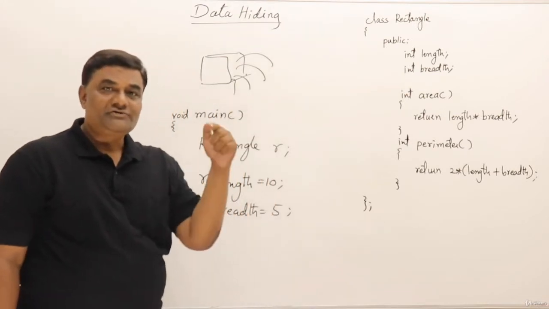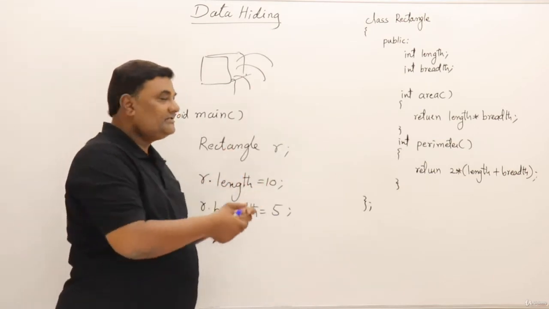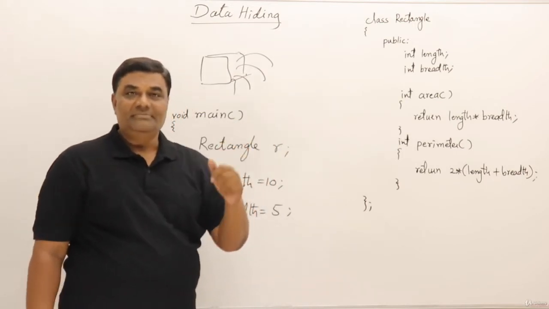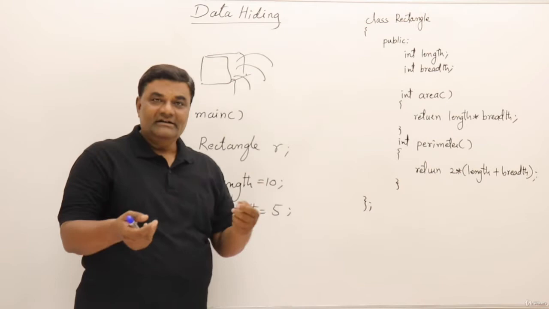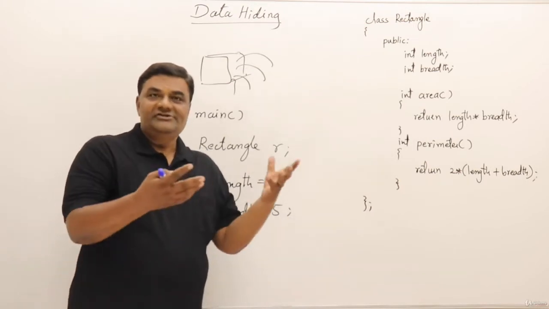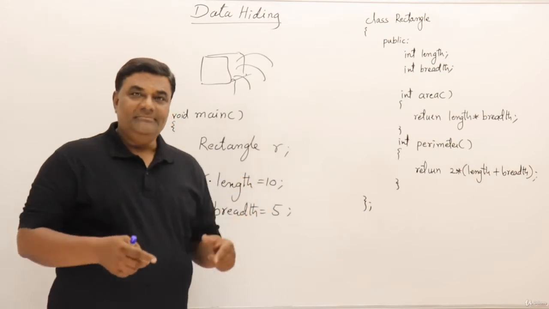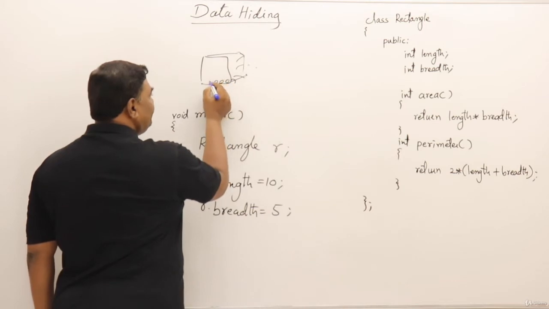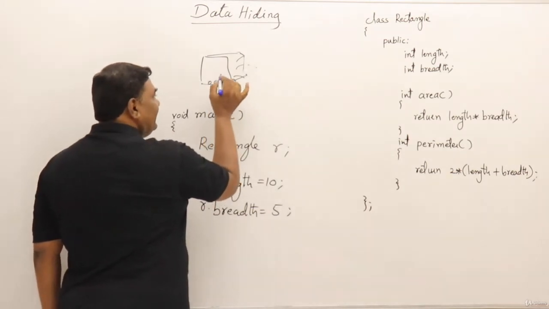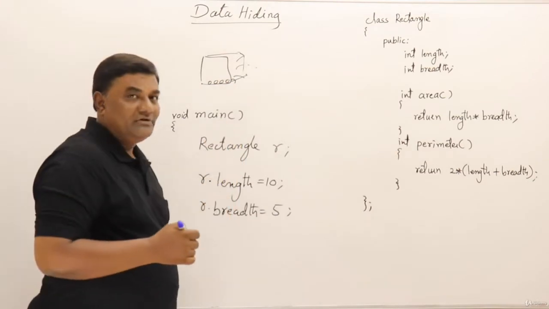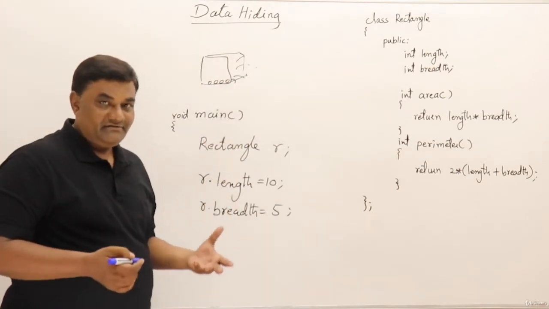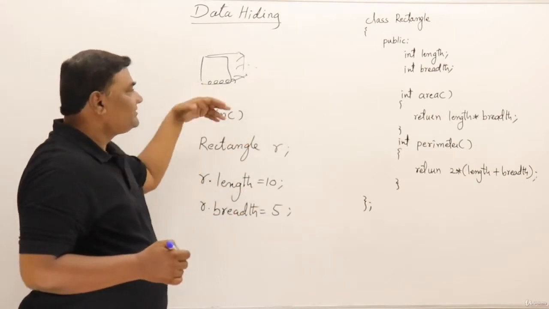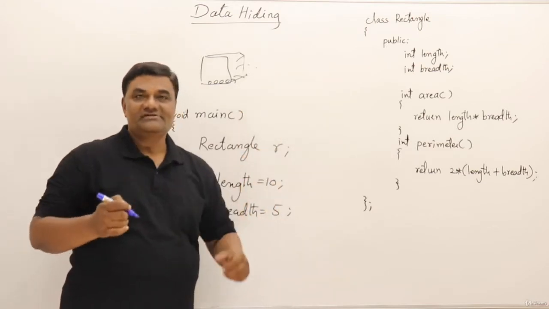Suppose this television belongs to your company. I have purchased this television and I am playing with those wires. Something wrong happens. Whom do I blame? Your company. You did not make this television properly. I was only joining the wires, but the television is not working properly. So you will be blamed. So you should not have anything coming out of the television. For all the functions you provide buttons, so that the user presses the button. If this is not working, then you are responsible, because what is happening inside, I don't know. I am a user. You have provided these functions, and when I call those functions, if they are not working properly, then you are responsible for that.